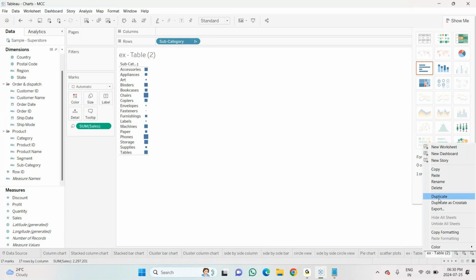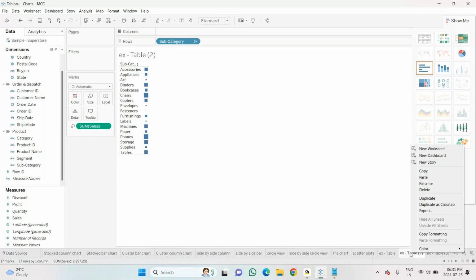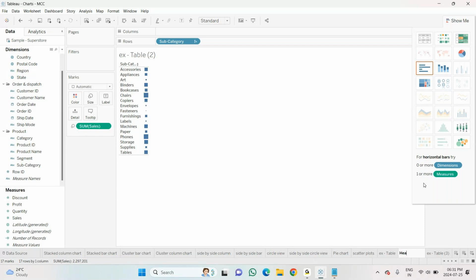It is changing the size of the icons. So icons, it just shows you a bar, boxes. So based on that, you can understand what type of bars it is. So what we have tried here is heat map. Okay, so I'm going for this, and I will rename it as heat map.